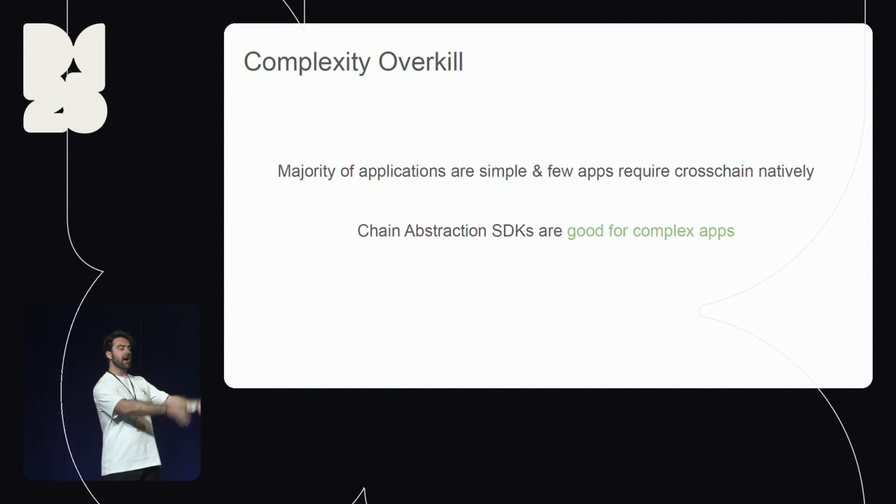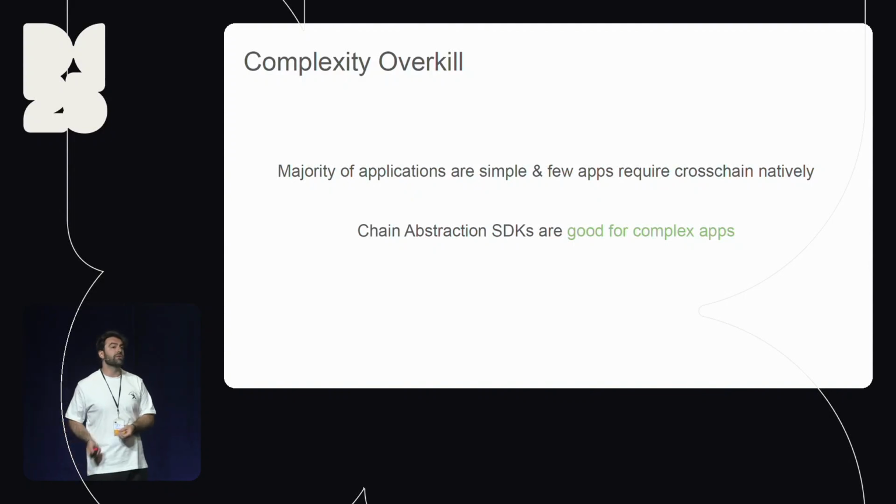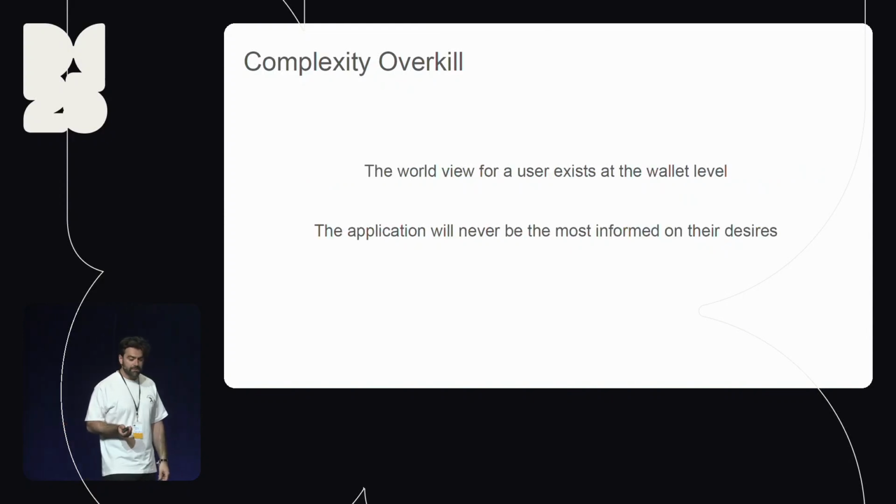Most apps are like, deposit into my LP position, deposit into this vault, move on, come back in like a week. And so for 90% of the cases, you do not need all this abstraction. It's just simply too much. And for that cohort that does, these SDKs fulfill your requirements. But because they're being sold as every app needs this, if you want to get multi-chain support or cross-chain support, it's a complete farce. It doesn't make sense, right? You shouldn't have to think about how to get the user to your app because you deployed into an ecosystem. The user should be able to just get there by interacting with just the call data that you want on the chain you want.